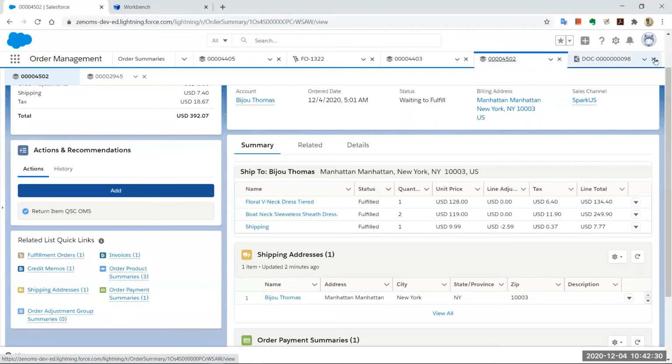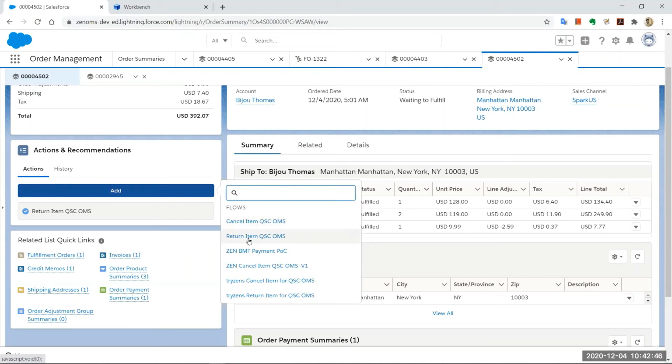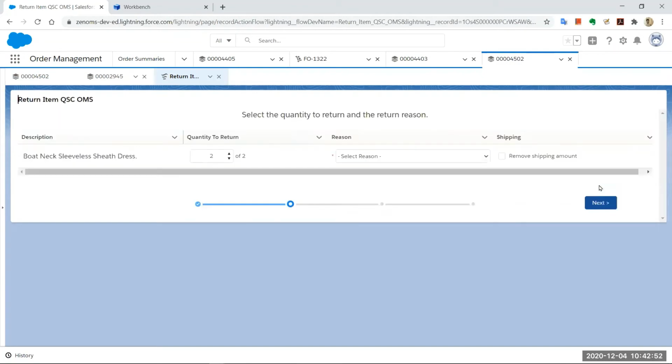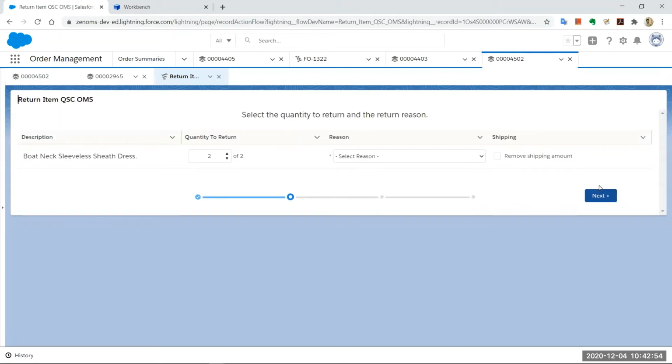I'll walk you through one particular scenario. Now that we've, after a few days, I still feel like I don't require something and I want to return it just before the holiday season or something. I want to return another product, right? I'll just select that. So this particular wizard that you see over here is again orchestrated by using Lightning flows, right?